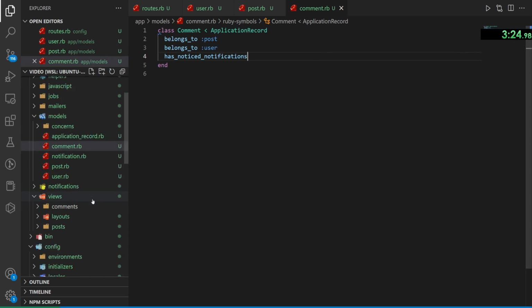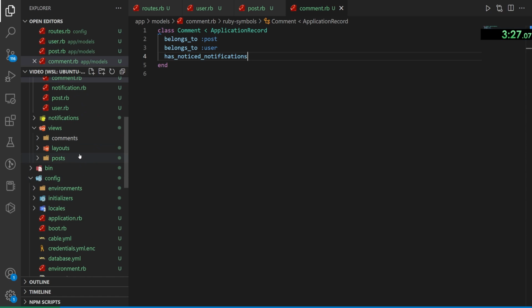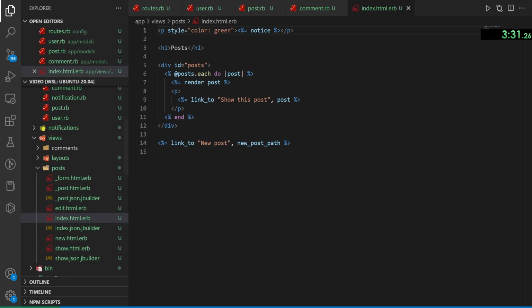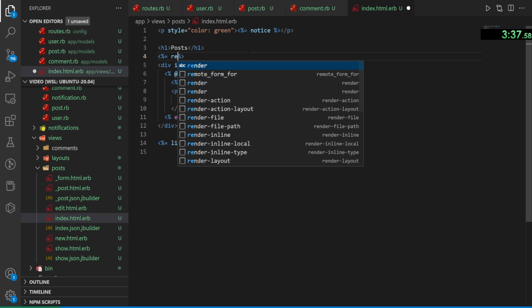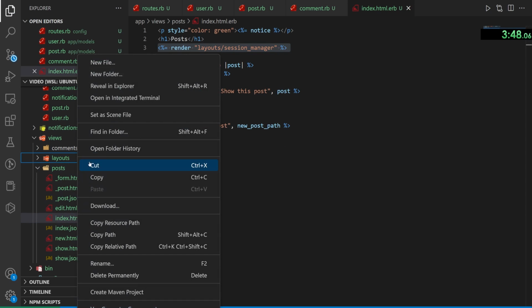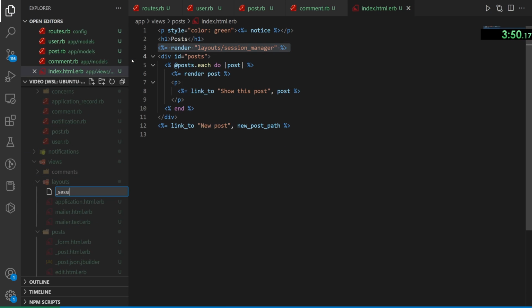But let's start by setting up the comments themselves. To do that, we have to come into the posts and we have to come into the post index page. In the post index page, we're going to have like a render for a layout/session manager, just in case we want to use this in more than one place. Let's go ahead and copy that. We come into layouts, new file, _session,